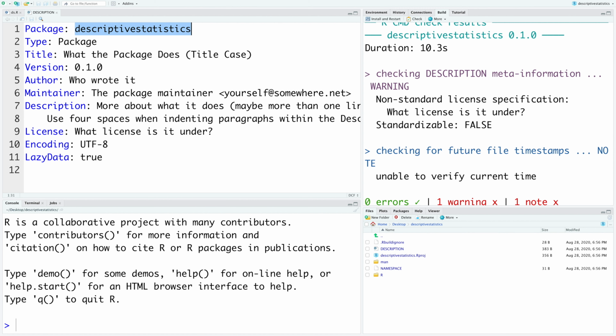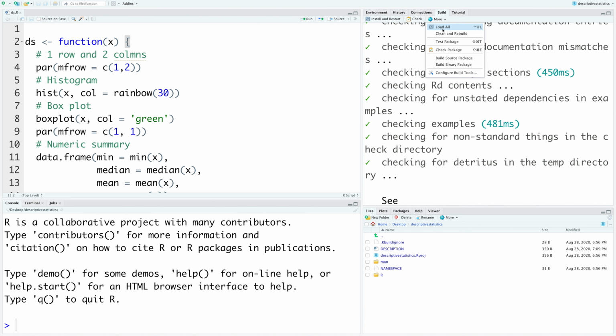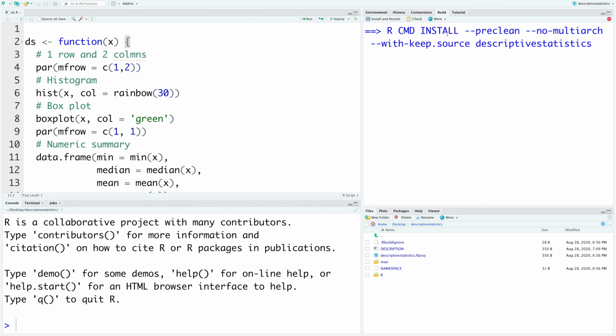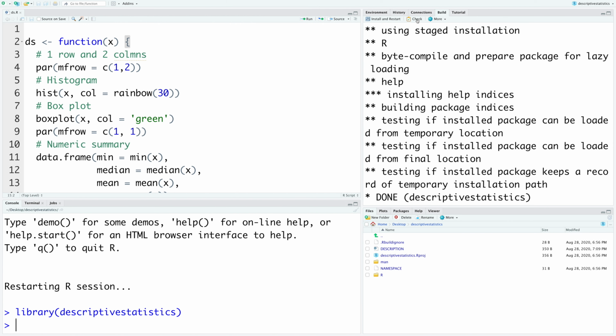We can certainly say what it does, but this warning is coming because we have not specified any license here. Let's use GPL-3. GPL-3 is basically a General Public License. So let's save this. I'm going to say clean and rebuild, and let's check again.